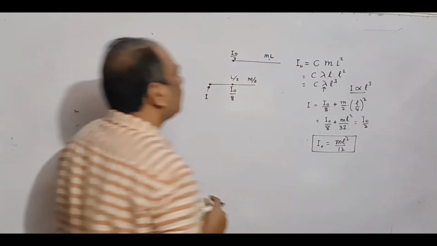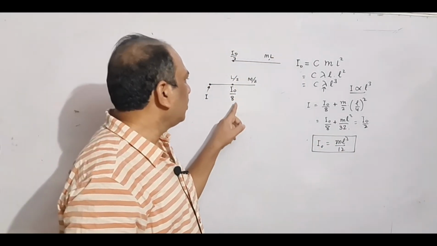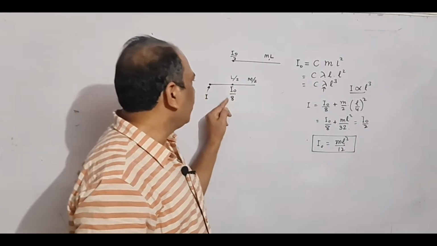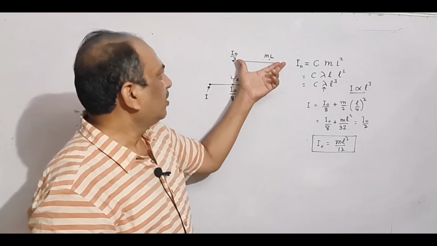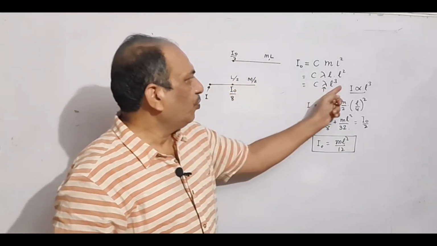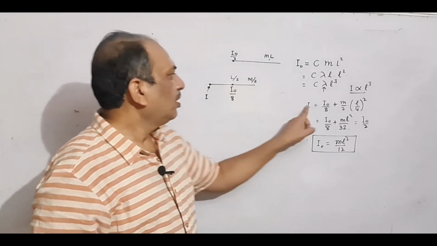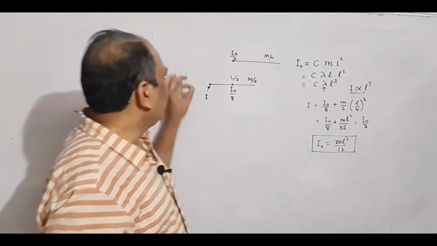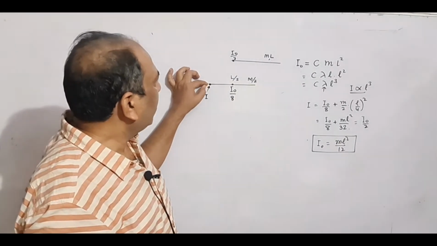So this is the trick. We used the scaling by which we got this 8. This was the effect of scaling: the length reduced to half, so L cube will reduce to 1/8. And we used parallel axis theorem here, and we reached this point. The axis now reaches here, and then by comparing,